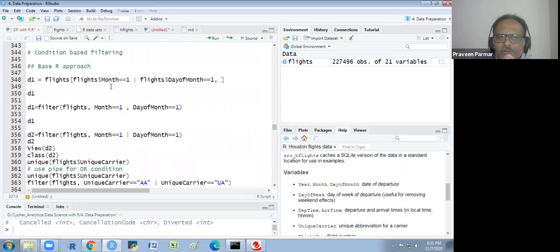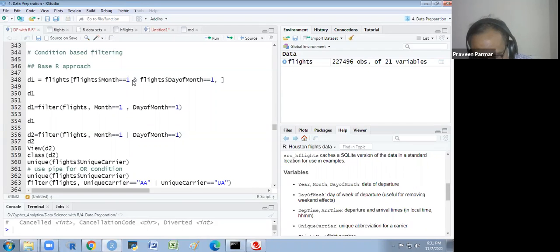What I am going to do here, I want the data for 1st January only. It means flights in the square bracket. I will write flights $month equal to 1, it means the first month, January.